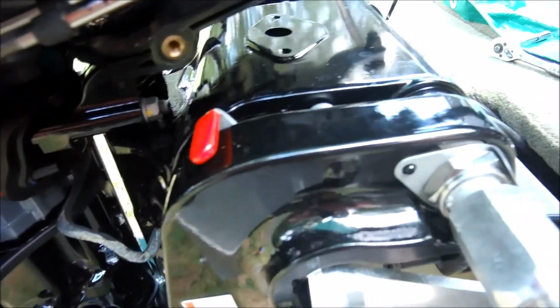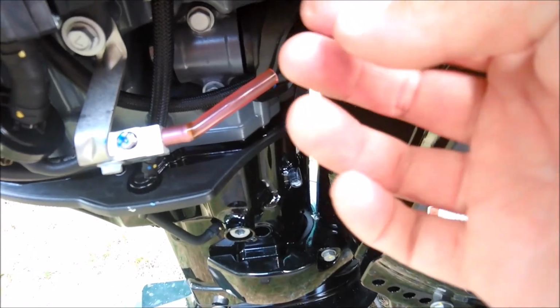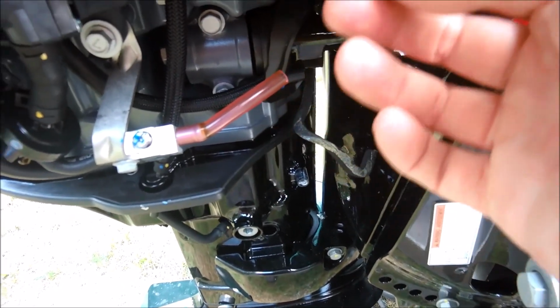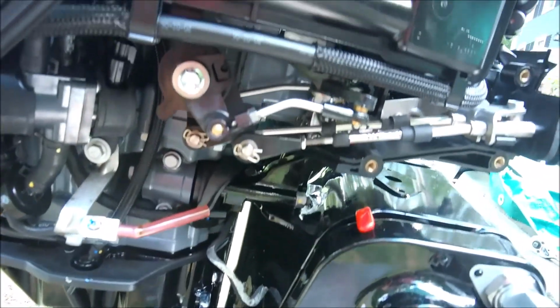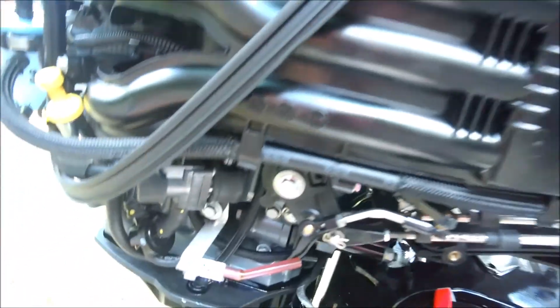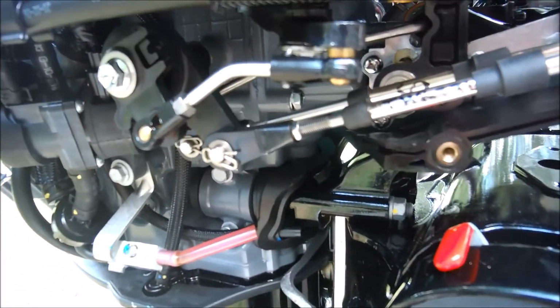Okay, here you go. I got them both in. I double checked to make sure these linkages are good. So when I'm in neutral, it's actually in neutral, and then when I move this forward, I don't know if I can show you here. Try to be in two places. Here we go. That's going forward,